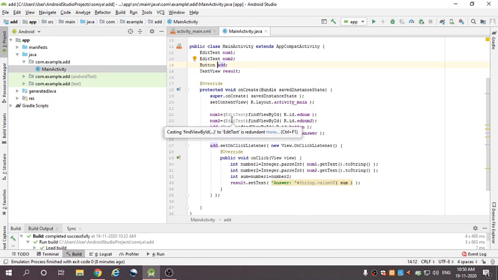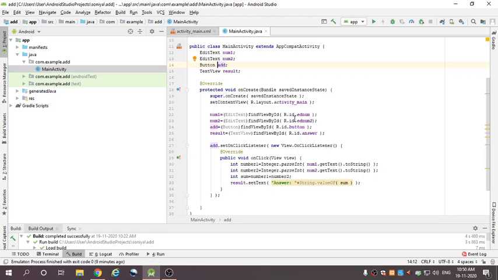First we get the references of the edit text. Here num1, the object of EditText, is equal to (EditText) findViewById(R.id.edNum1). The findViewById method is used to get a reference to the edit text by using its id, and in this method we pass the id of the edit text.